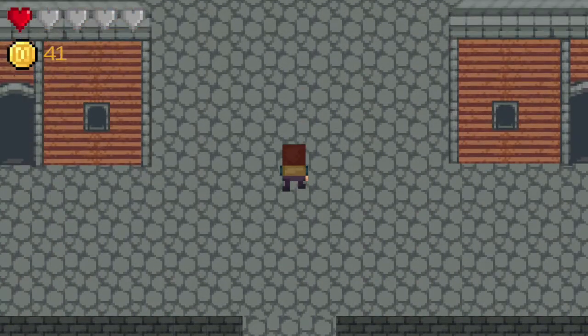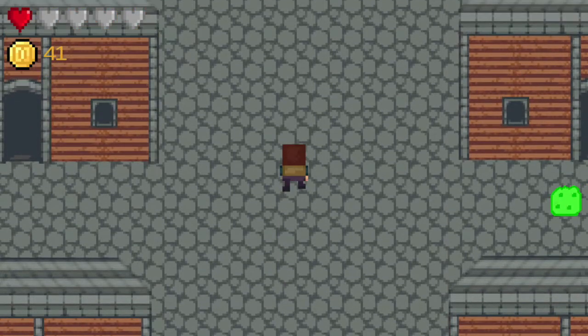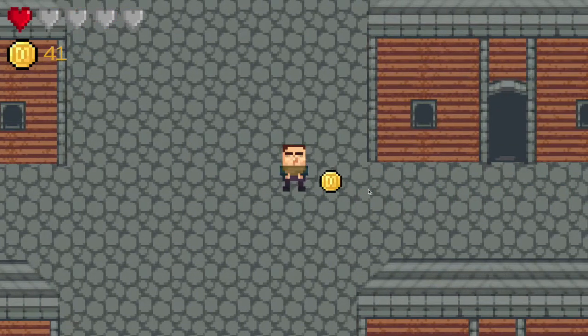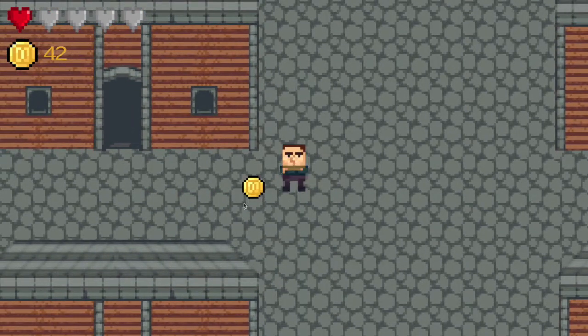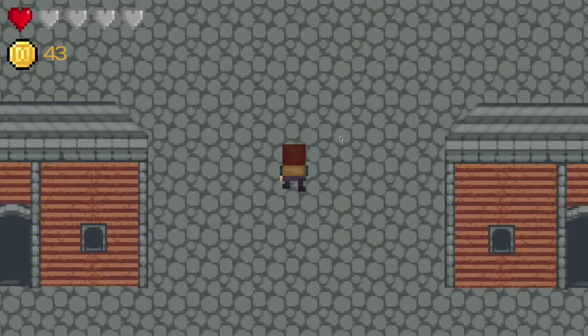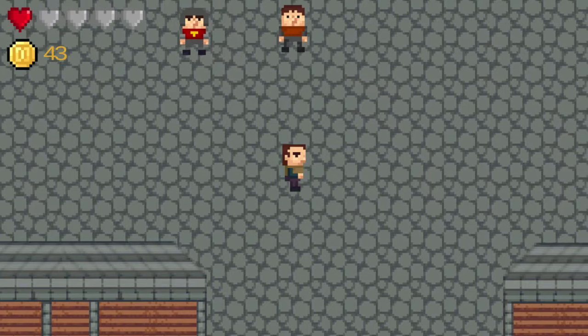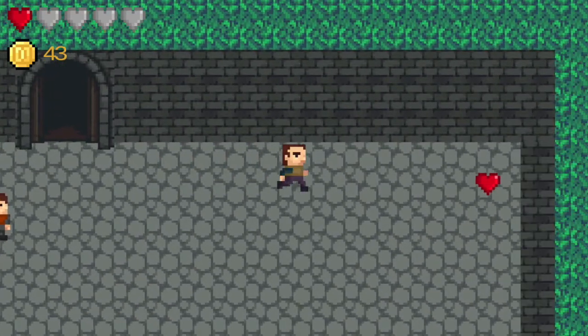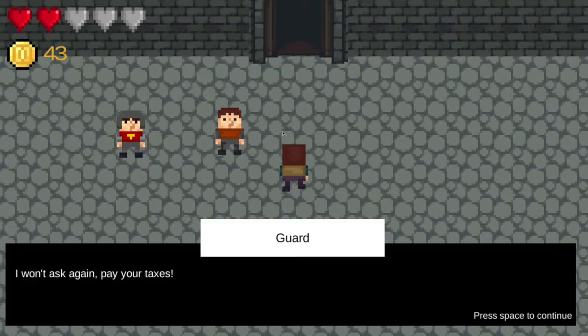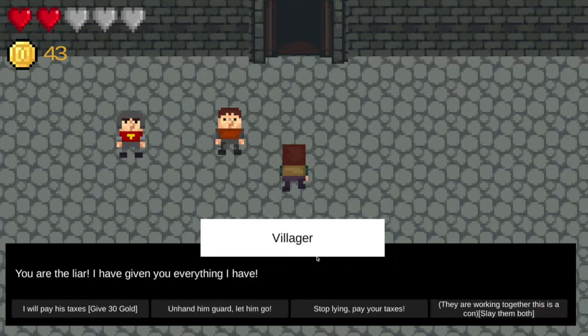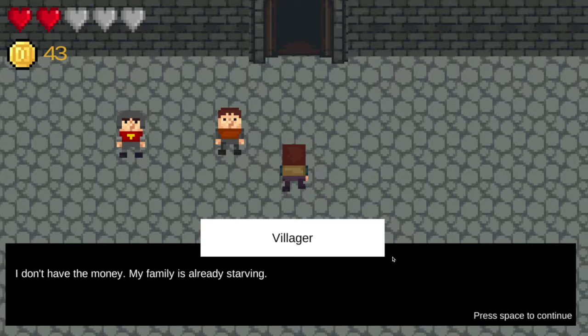Okay. Hey, didn't you have 10 coins? I think you might have done. That's more than the slimes. I think we learned something about it. It may be worth not trying to stab both of us. Let's just ignore them. Okay. Oh no. So maybe do it. I've already paid. You can just say stop lying and pay your taxes or something. Yeah, let's try that one.